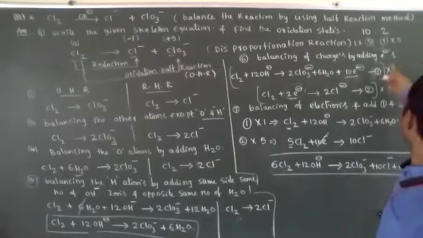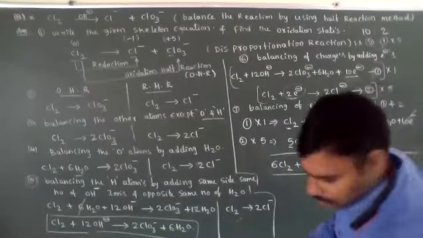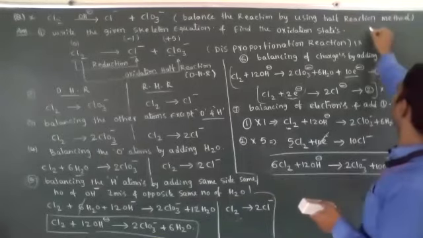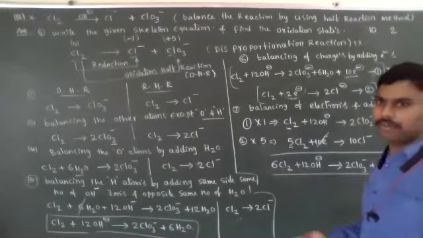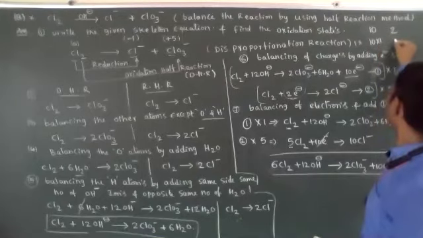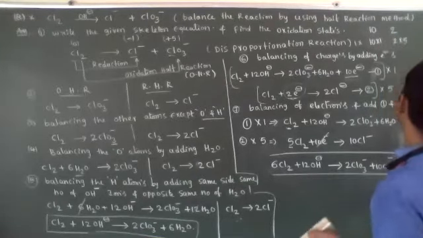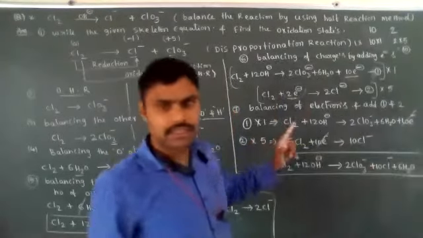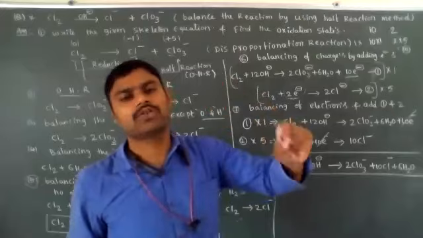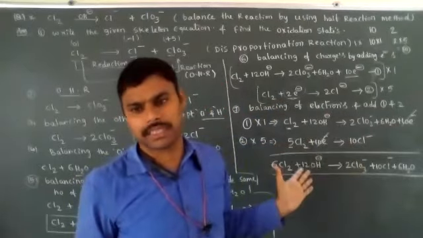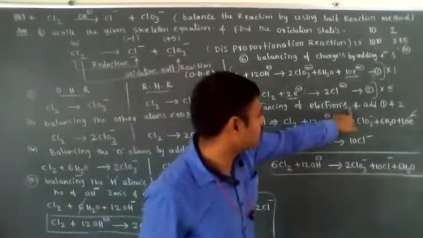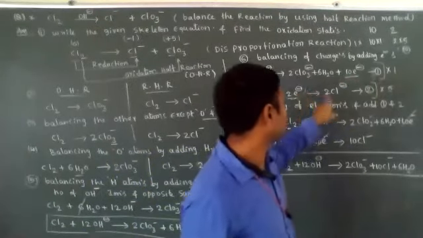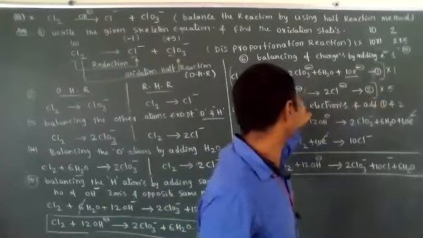Otherwise, this 10 and 2, when both will be equal, this 10 I multiplied with 1 and 2 I multiplied with 5, then it is equal to 10. So one equation we have to multiply with any value, on both left side and right side, then the values will not change. So for balancing of electrons, here 10 electrons, here 2 electrons are present. That's why the first equation I multiplied with 1, the second equation I multiplied with 5. Then 5 times 10.